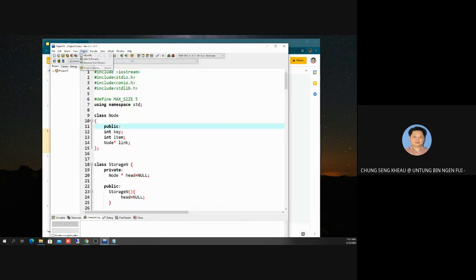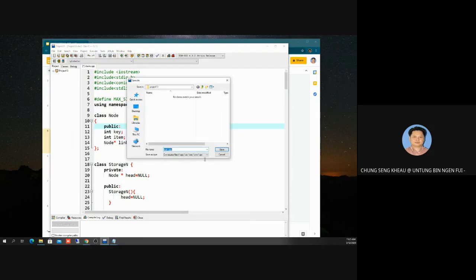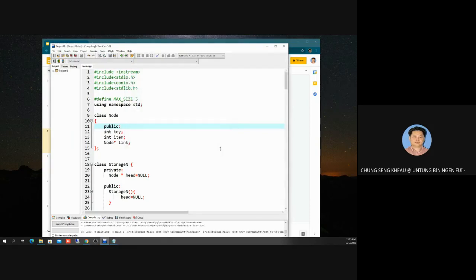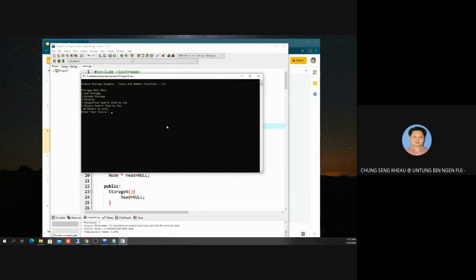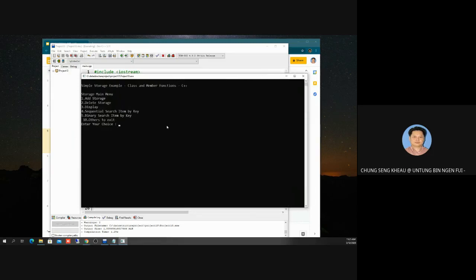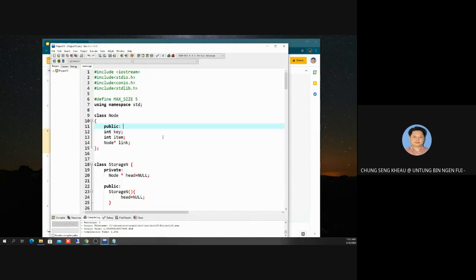Then we try to run it. Main. And then we test it. Okay, no problem. We list 3. It's long, okay. So we try to rearrange the